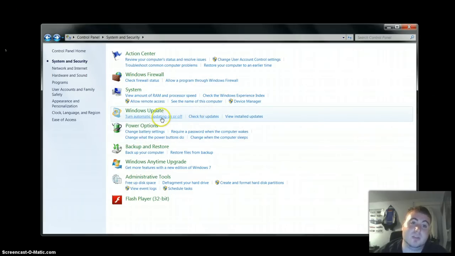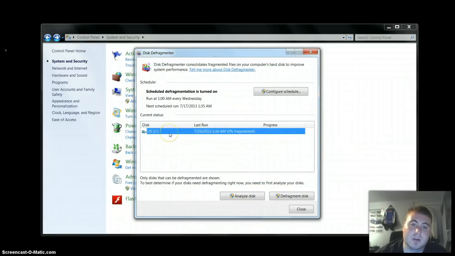And those updates will make the computer run smoother and faster than it was before, especially if you've never updated your computer before. The last thing, well, second to last thing I guess you could do is defragment your hard drive. What that does is, whenever you say something to your computer, your hard drive is kind of like a